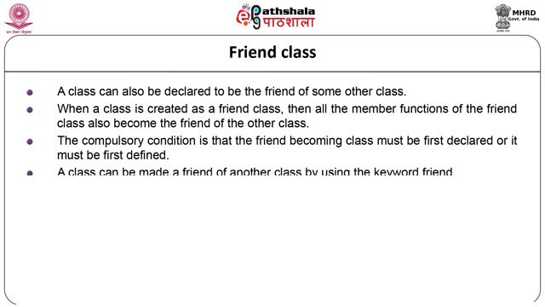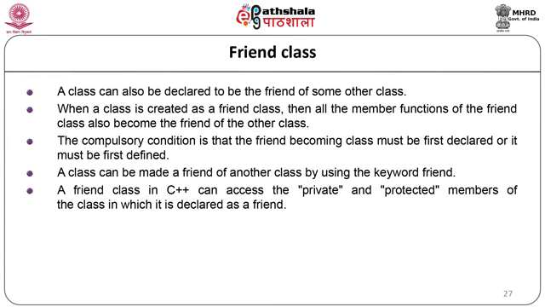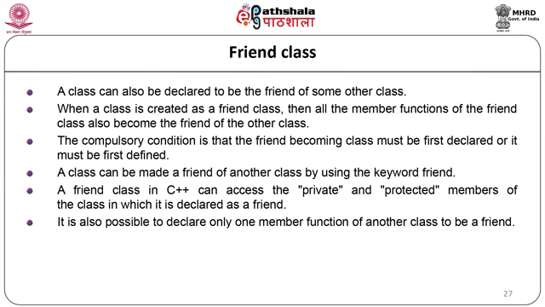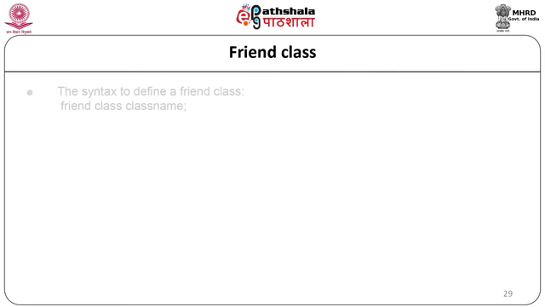A class can be made a friend of another class by using the keyword friend. A friend class in C++ can access the private and protected members of the class in which it is declared as a friend. It is also possible to declare only one member function of another class to be a friend. When granting access to a class, it is a must to specify that the access is granted for a class using the friend keyword. The syntax to define a friend class is as follows: friend class class_name;